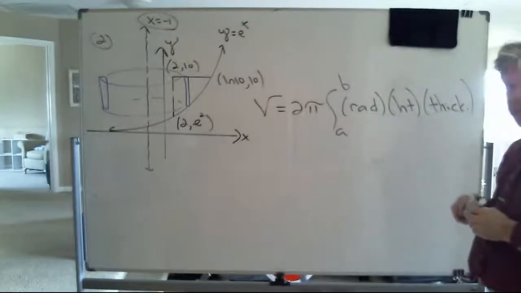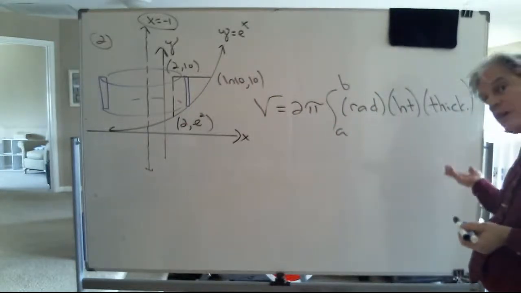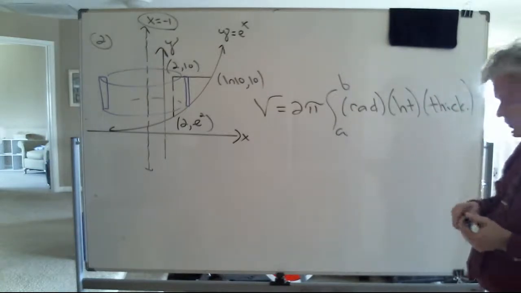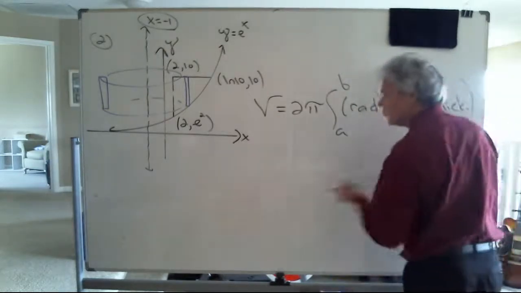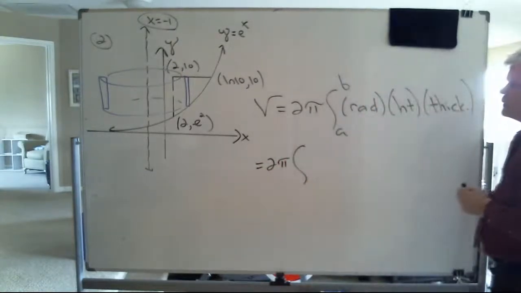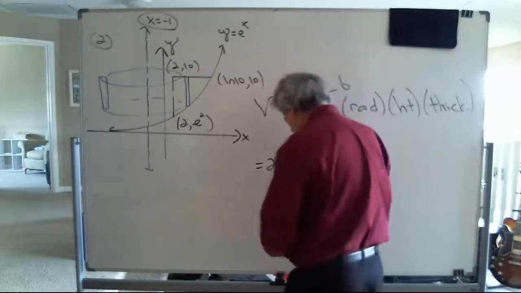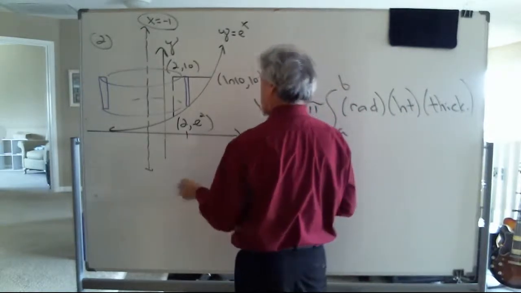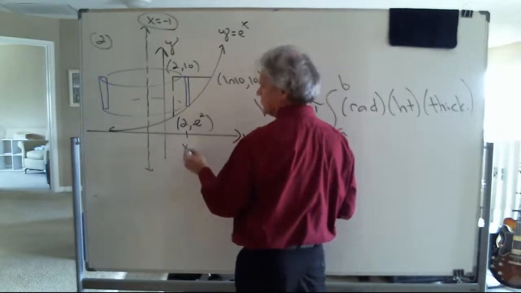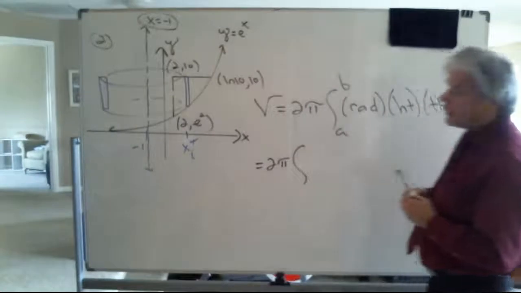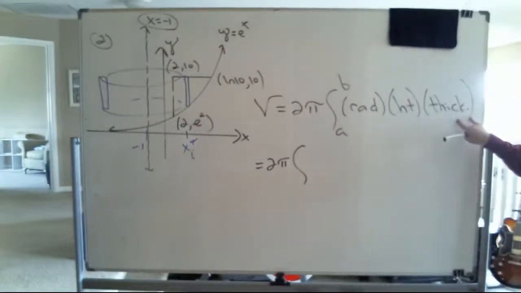Well, yet again, here's my schematic. 2 times pi times the radius times the height times the thickness of that cylindrical shell. Now, let's see. The radius is going to be this x value minus this one. Now, because the thickness is going to be a small change in the x direction, I want